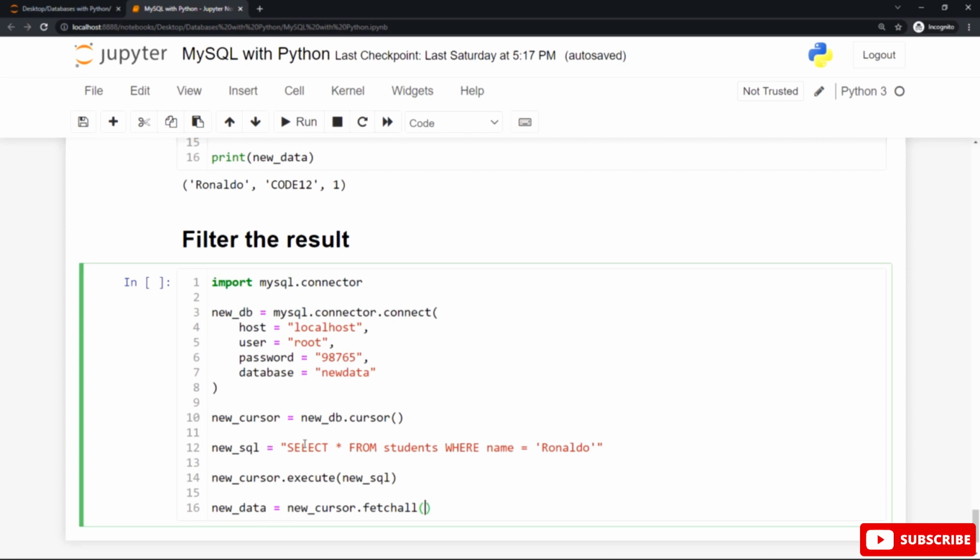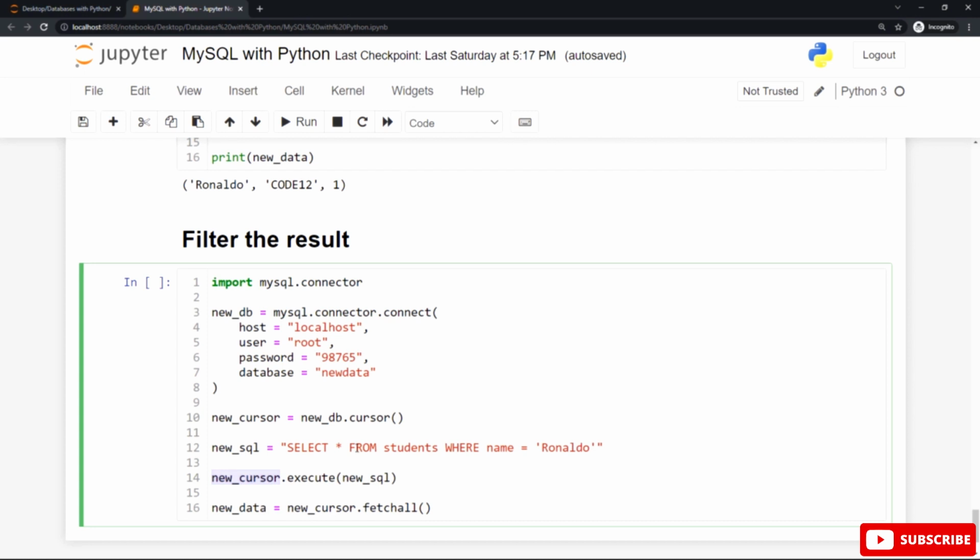After selecting all the data from the students table that match this filter, we use the execute statement to execute this MySQL statement by using the cursor.